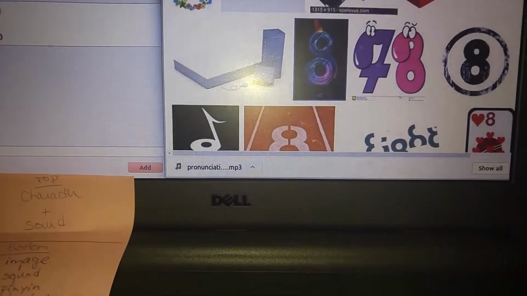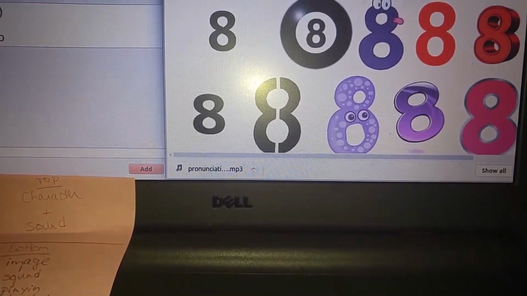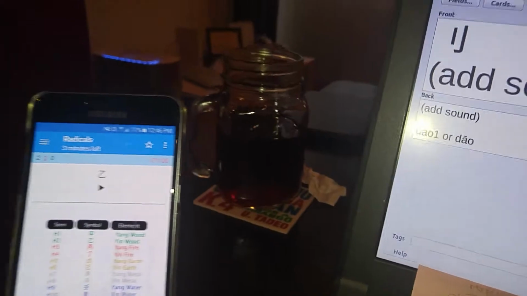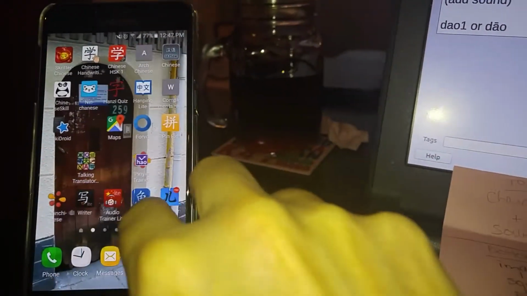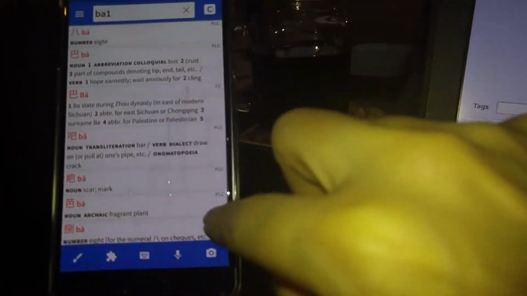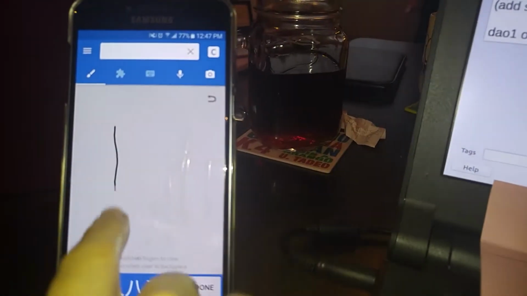Then, I don't usually use the character when I'm looking for images. Oh, not images yet. Here's why I stopped doing images next, is because I find with the radicals, the sites I was using don't actually get me where I need to go. So then I go into the Pleco app, which I am falling madly in love with more and more by the day, and I use their handwriting section, and I try to recreate it. Wait, to erase everything first. I try to recreate it